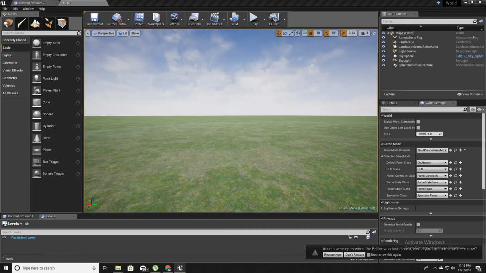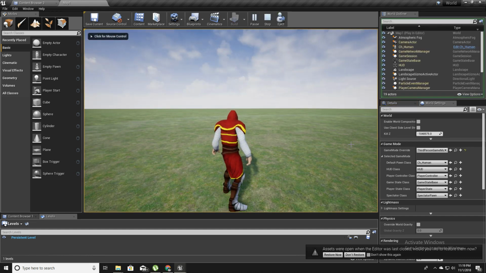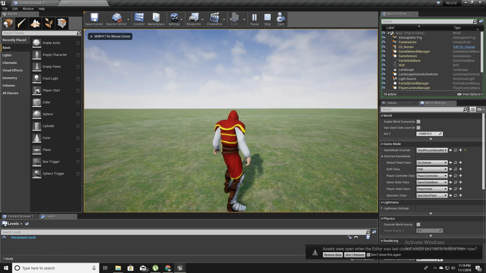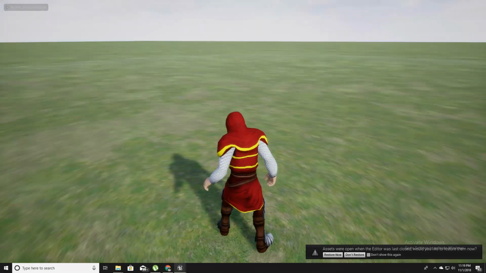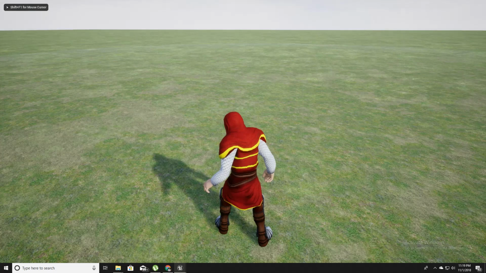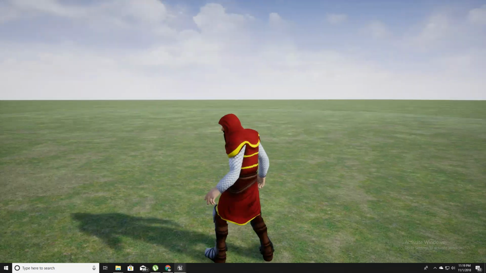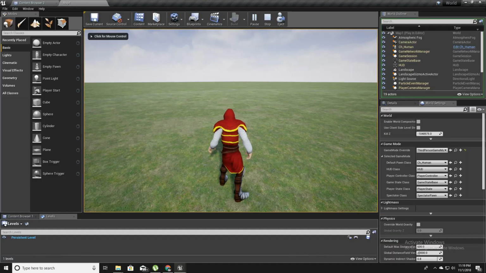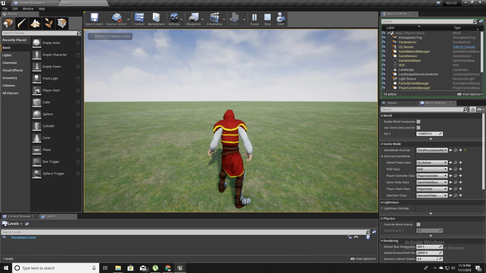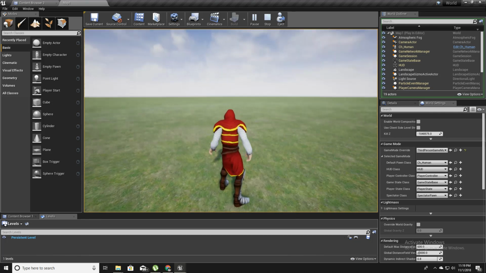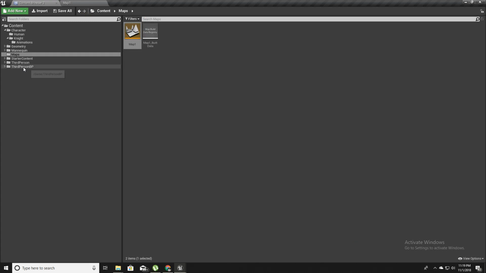So yeah, this is my current implementation of the game, and for now we can only look around. I haven't added any code to move. So the first thing is when I press WASD, this character should move. So if we open this